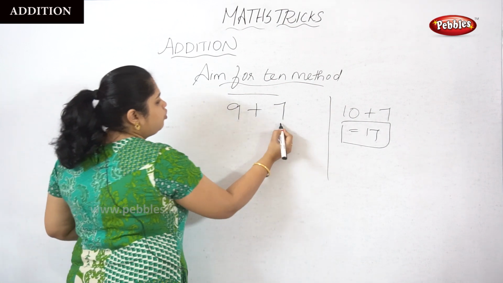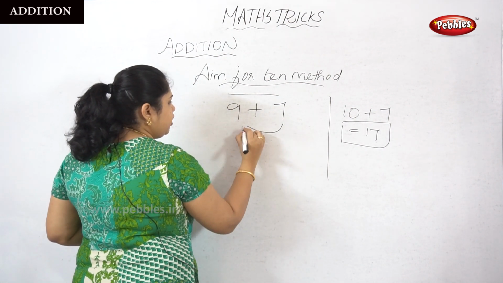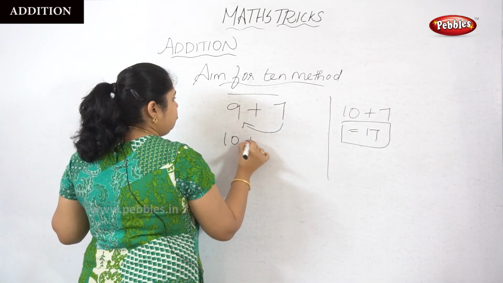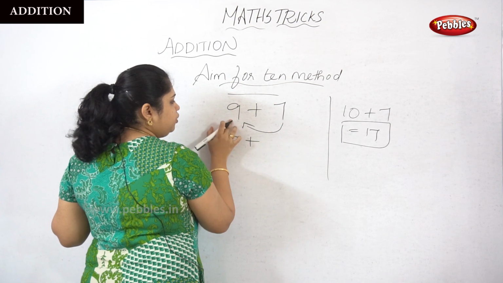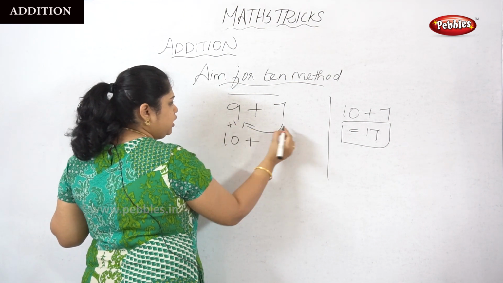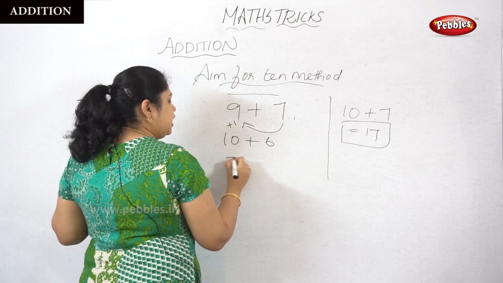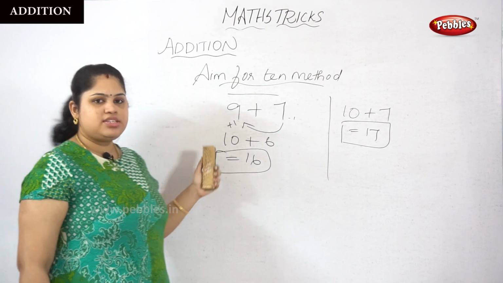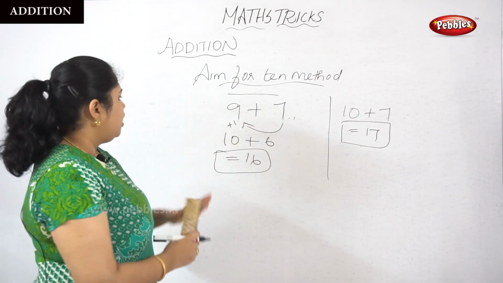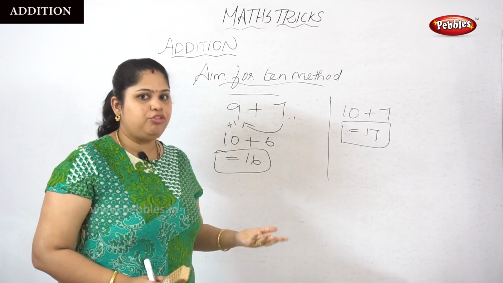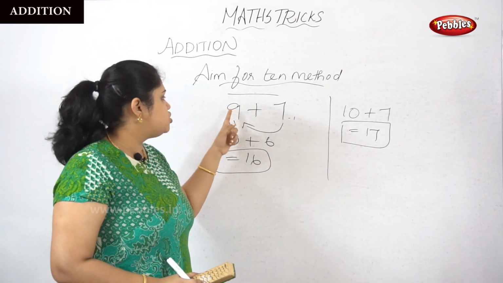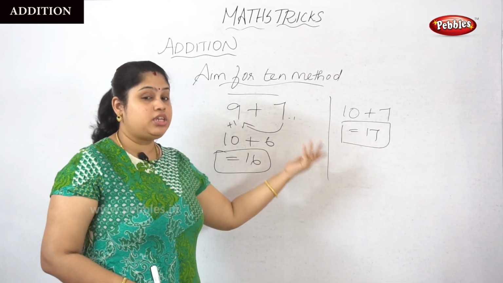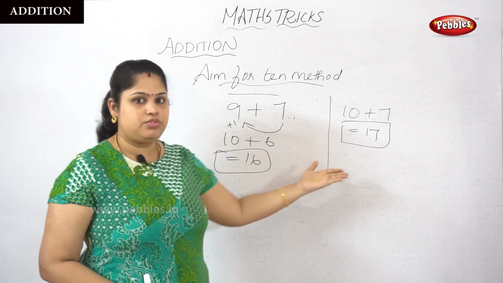When we add one number from 7 to 9, we will get 10 plus, and if we give the one number to the 10, then it will become 6. Then the answer is 16. So 9 plus 7 is equal to 16. If this method is very confusing, you can make an additional one number like this, and at last subtract, but it takes a lot of time. When it has a 9, it is very easy.